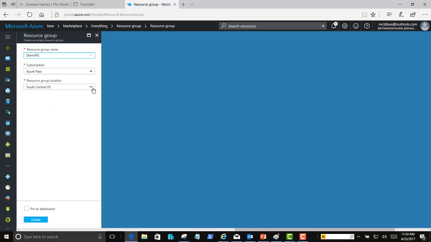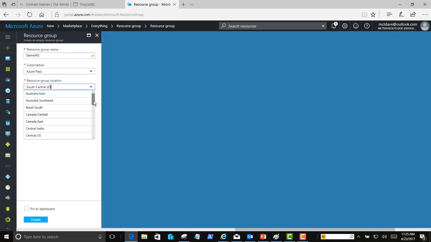Now, my Azure Pass, I've previously assigned my region as South Central US. And I think there are 34 separate regions around the world. And, you know, it is the internet, so when we're connected to the internet, we might have a direct connection that goes even through another country. The South Central US, I believe, is in San Antonio or in Dallas, somewhere in that area. And that's fairly close to where I'm at in Alabama.